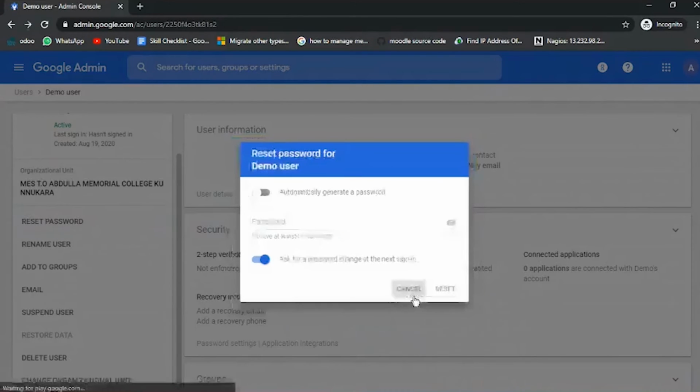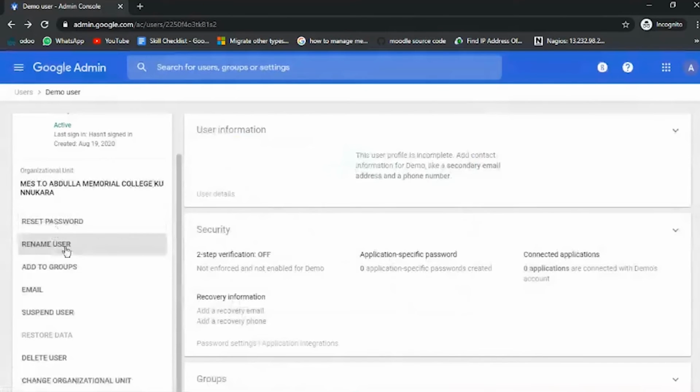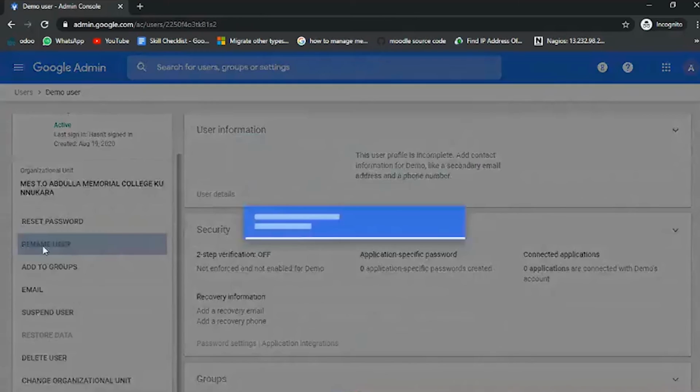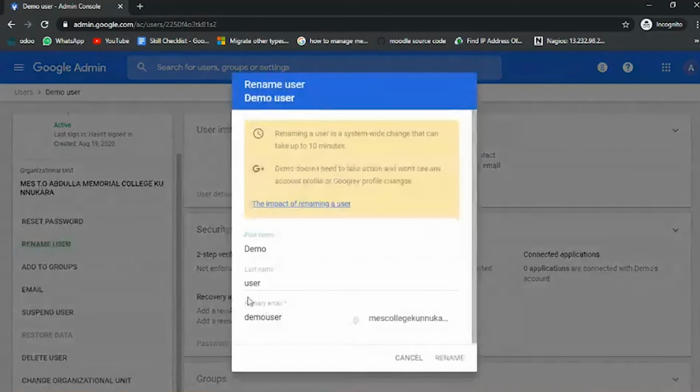So you can reset the user's password. You can also rename the user by clicking rename user, and edit the first name, last name, and email address from here. After all is set, you can rename by clicking the rename button.